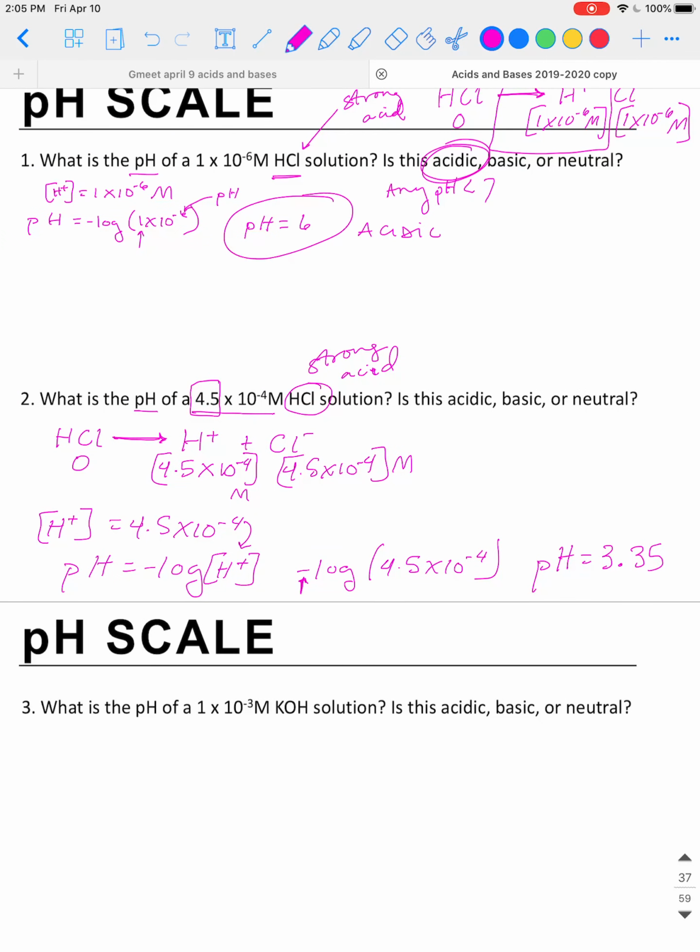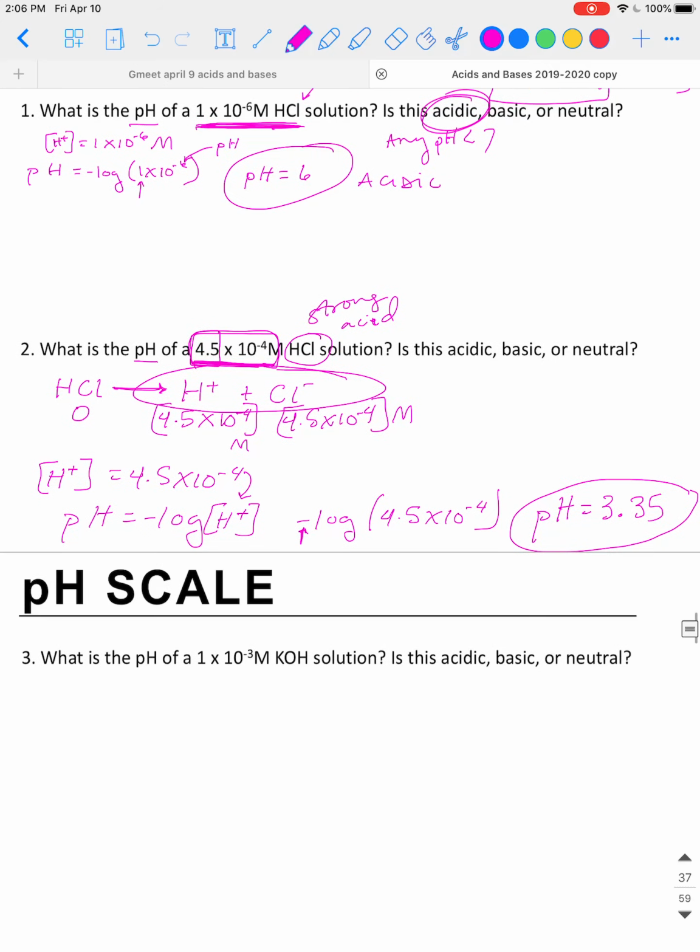Okay, this pH is lower than the one we solved for up here, but that makes sense because we started out with a larger amount of HCl, 4.5 times 10 to the minus 4, compared to 1 times 10 to the minus 6. This is more acid down here in this problem. So if we have more acid, we're going to end up with more products, because more acid, more dissociation. It's going to completely dissociate in both cases, but we end up with more H plus. 4.5 times 10 to the minus 4 is greater than 1 times 10 to the minus 6, so it makes sense that this is a lower pH. It's more acidic than the solution in